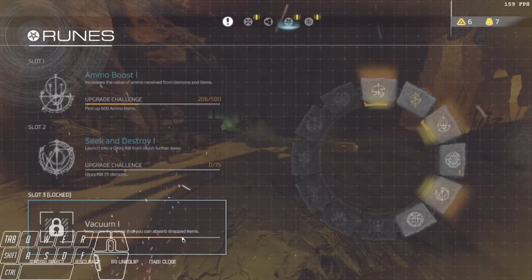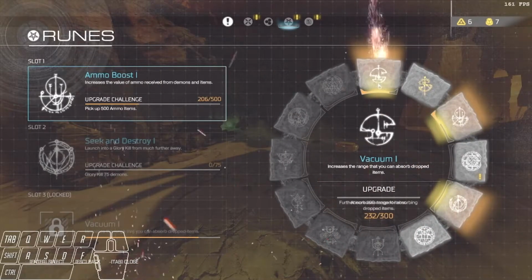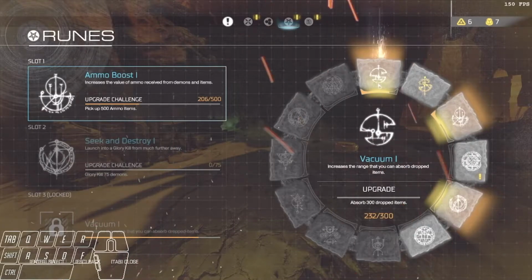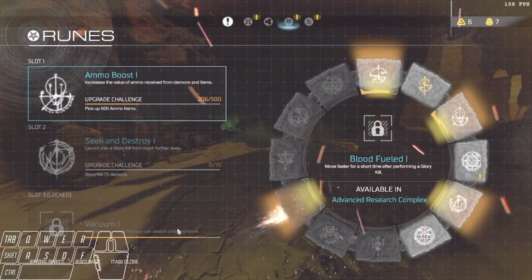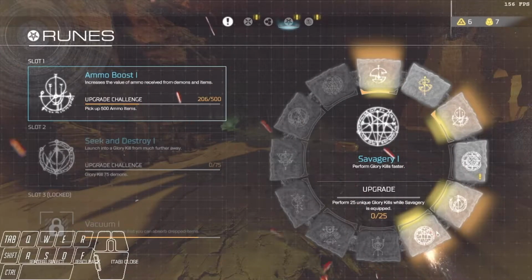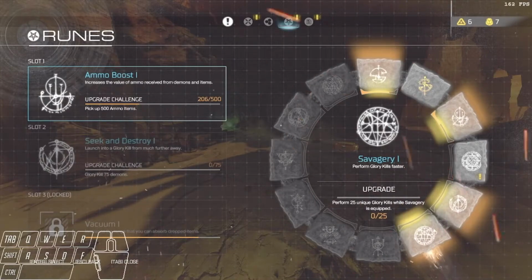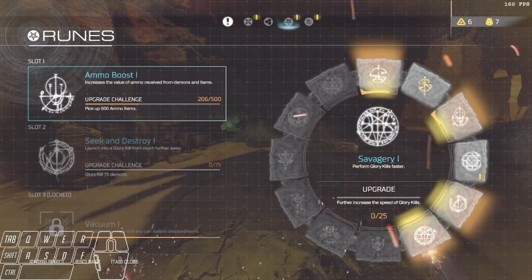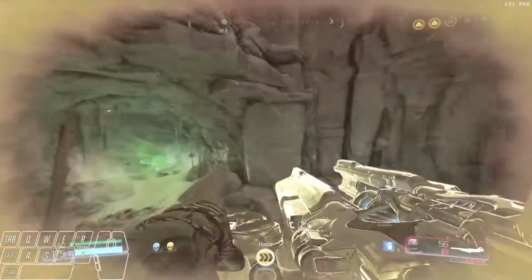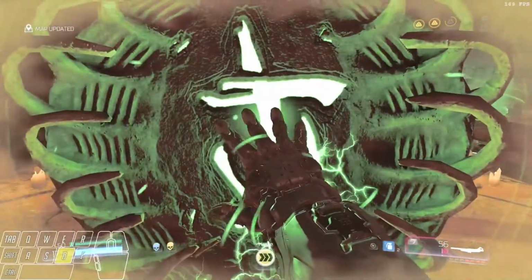If you have Vacuum done, which I do not, I still need another 70 or 68 ticks on it, you can swap out Vacuum for Savagery. Not a big deal if you don't have it done yet. You'll have a couple of opportunities coming up in just a minute to get that finished. But yeah, you're gonna run through this portal, get the Slayer Testament,